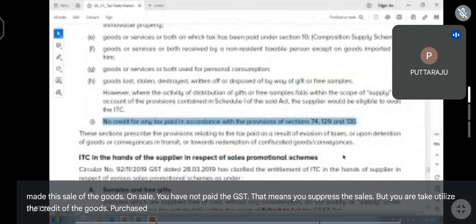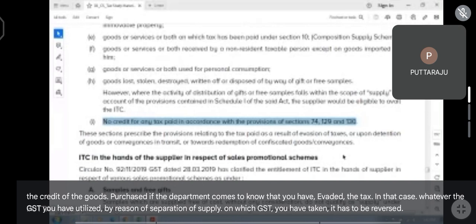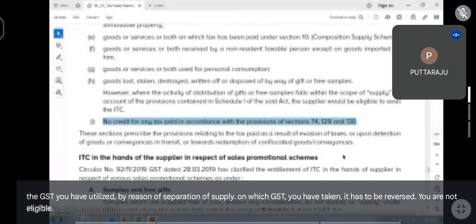If the department comes to know that you have evaded the tax, in that case, whatever the GST you have utilized by reason of suppression of supply, on which GST you have taken, it has to be reversed. You are not eligible. Example,